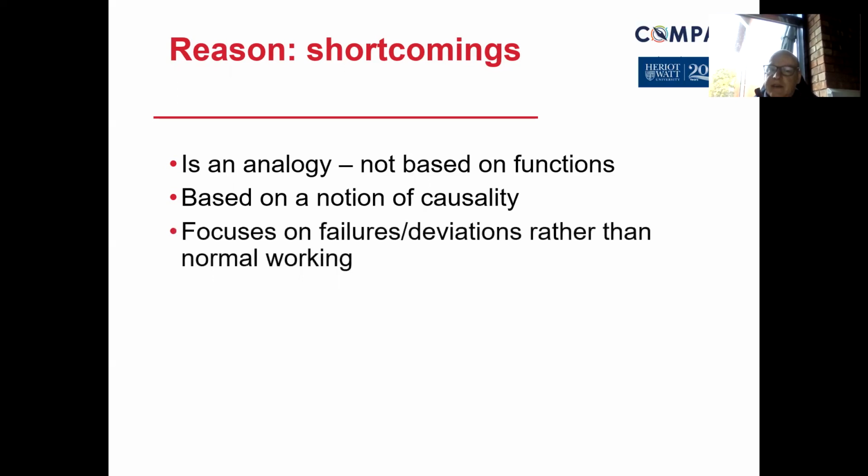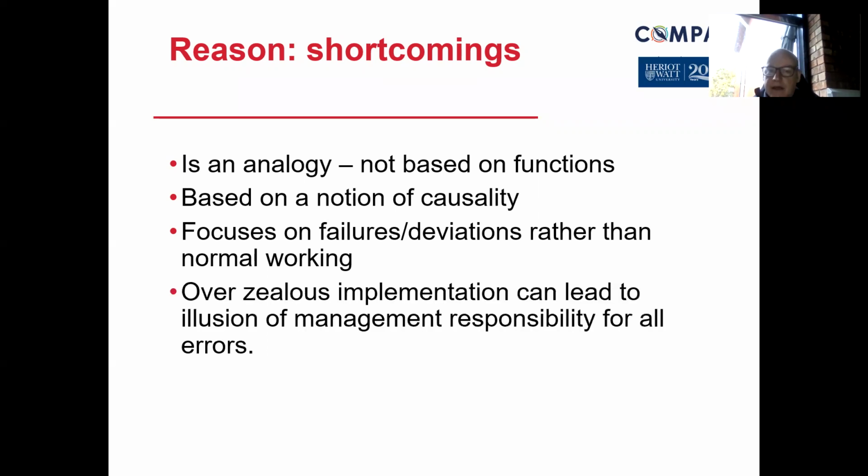The failures and deviations are focused on rather than normal working. So some would argue that even though a safe system of work or a standard operating procedure is written, do we actually follow that? And is the safest method being followed in the normal working conditions and the activities of operatives? So it really is a fair point there. And then there's the overzealous implementation. So people just want to get to production too quickly, and they've invested a lot of time in this kit, this equipment and the machinery.